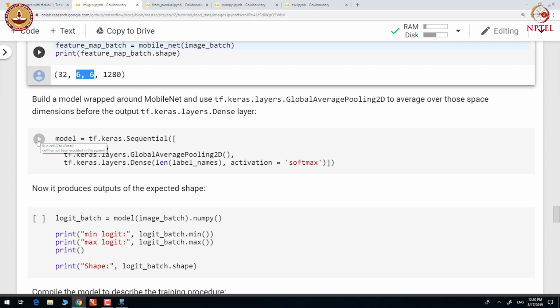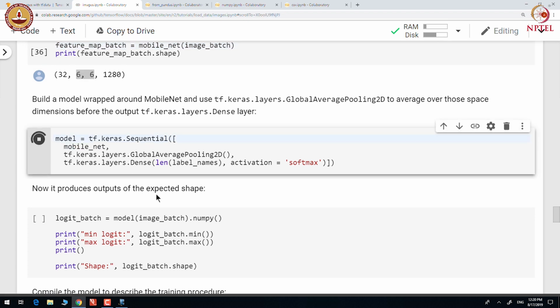Finally, we build a model wrapped around MobileNet and global average pooling 2D to average over those spatial dimensions. And then use a dense layer with softmax activation as the output layer.